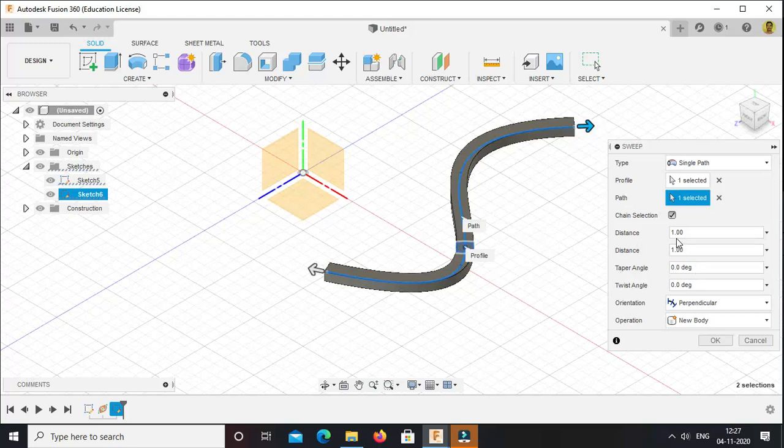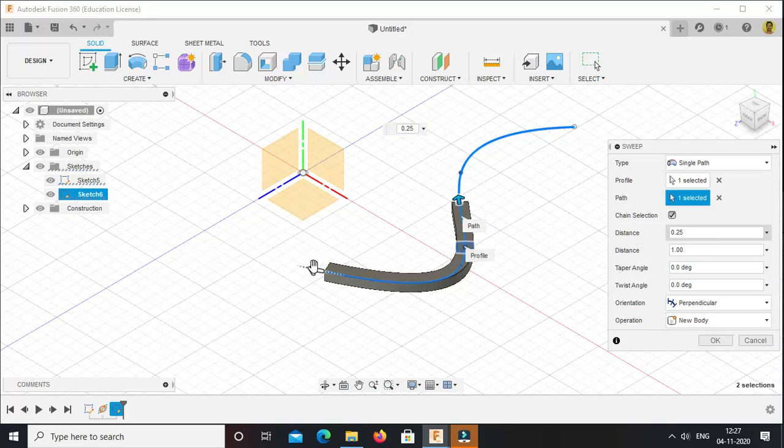Instead of a distance, the total length of this path is considered as 1. So if you put here 0.5, then it will create half of the path. If you put here 0.25, then for that much proportion it will be created.